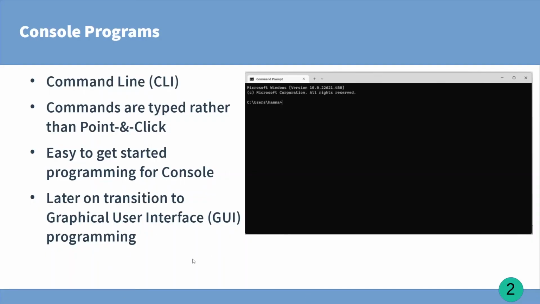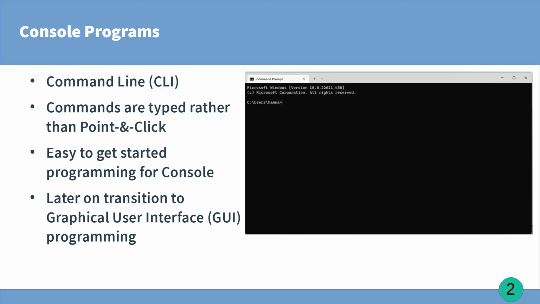A console program is basically a command line program, also sometimes called a CLI. This is where you type commands to see the output, rather than pointing with your mouse and working with icons and images.